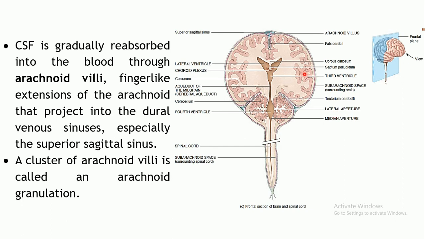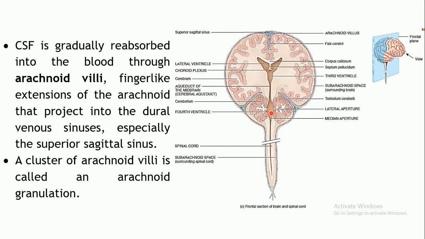So this is one more picture which shows the frontal plane. So these two are the lateral ventricles. That's the choroid plexus of the lateral ventricles. So here the CSF formation will take place. It will move to the third ventricle through the lateral foramina. Here again few more ml of the CSF will be formed, and through the aqueduct of the midbrain or the cerebral aqueduct, it will flow into the